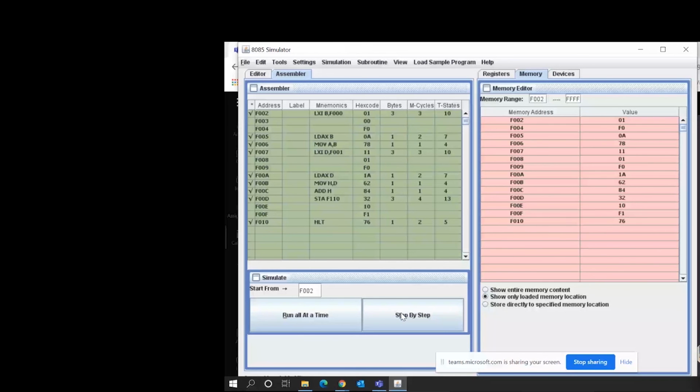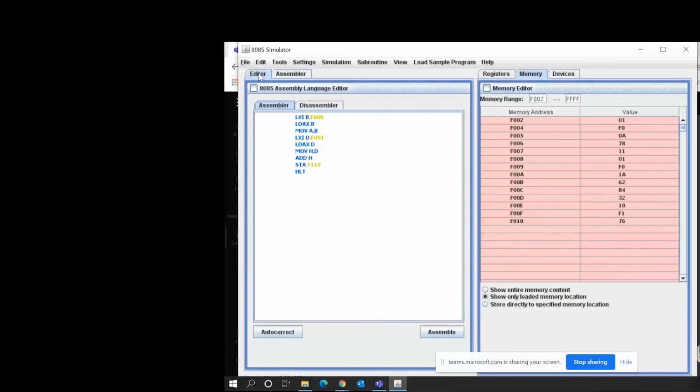All right. Now what we need to do is load F000 and F001. So go back to our editor. Is there any other method to load the data, to show the entire memory content?